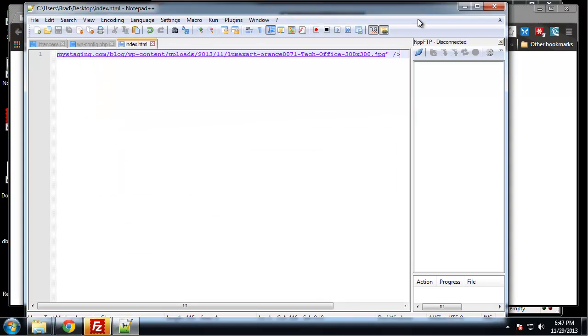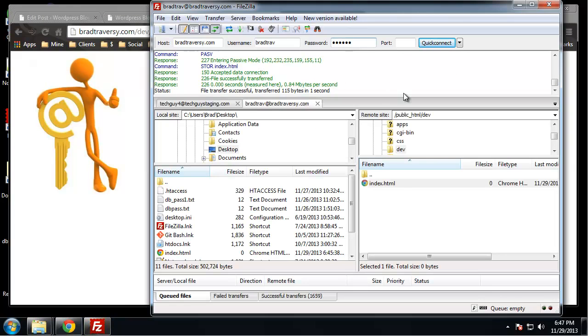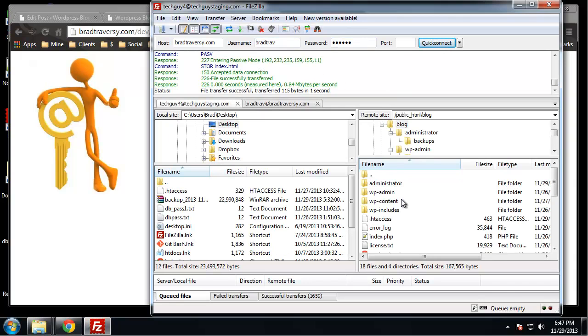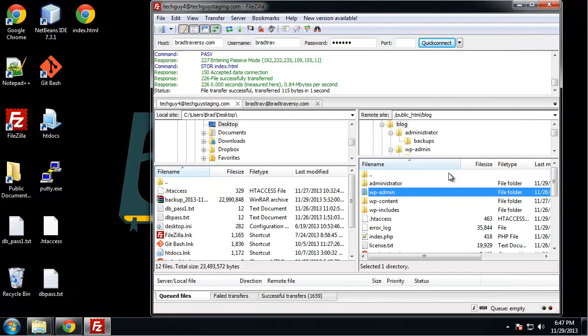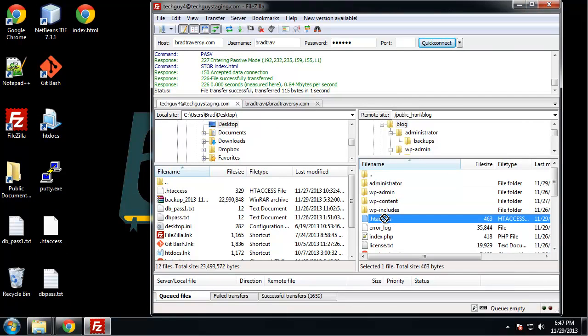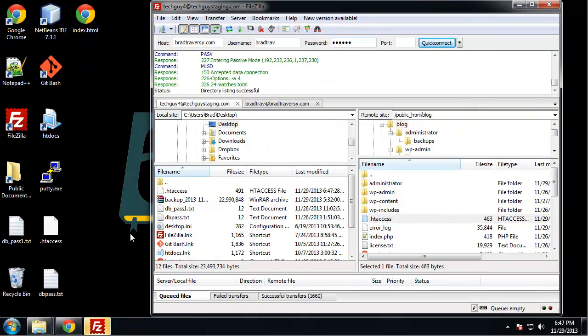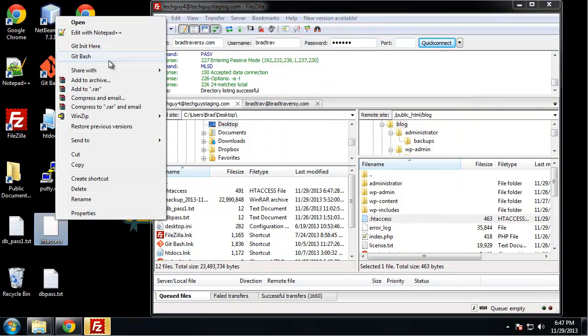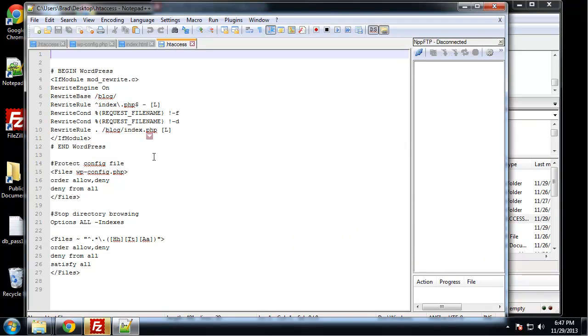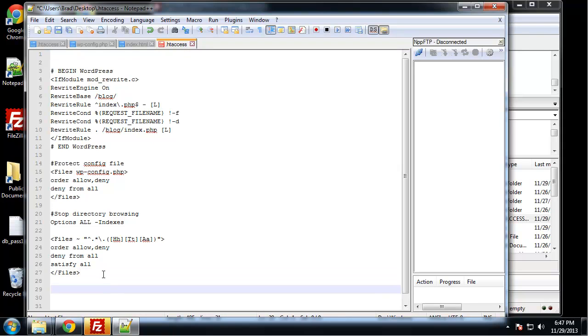Alright, so let's go back to techguystaging, and let's see, we're in the blog directory. So what I want to do is get this htaccess file. And I'm going to open that up, and we have our code that we put in here earlier. So let's go down here, and I'll just put in a comment,